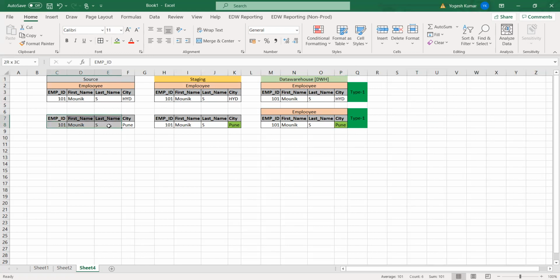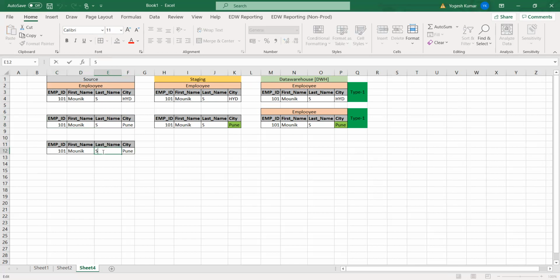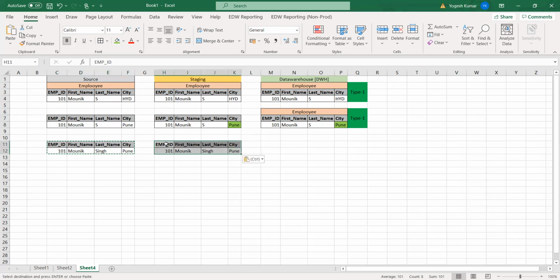After some time, let's say this user got married, and his wife said your name is not good, let's change your name as per my choice. He changed his name, for example, to SINGH. So this record will come into the staging first, right?